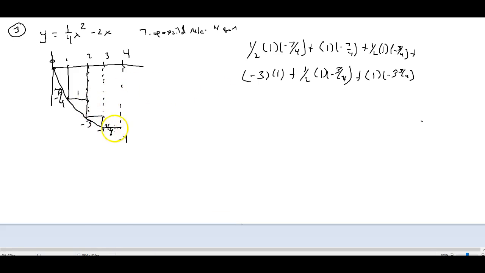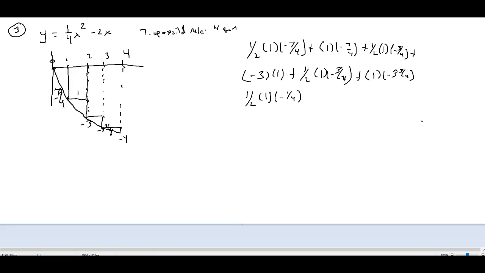And the last one is this little one, because this is 4, that'd be like a whole fourth more. That's 1/2, 1 times negative 1/4. So I go to my calculator. And I'm going to go 0.5 times negative 7 divided by 4 plus negative 7 divided by 4 plus 0.5 times negative 3 divided by 4 minus 3